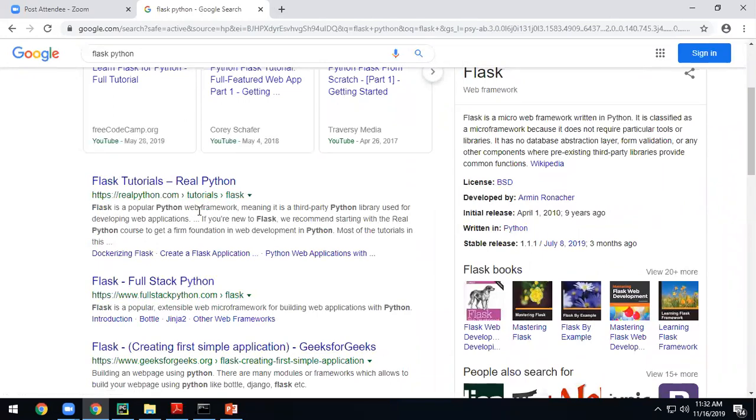You can see Flask is a popular Python web framework, a third-party Python library used for developing web applications. This is a Python framework for developing web-related applications. What I am trying to do here is write one framework. One thing is you have to write a client application, and for that I need a server. So I am using Flask and Flask RESTful methods, because you need a server also, which has to respond. I cannot go and talk to Facebook servers, so I am creating my own server, a web application, using the Flask framework.